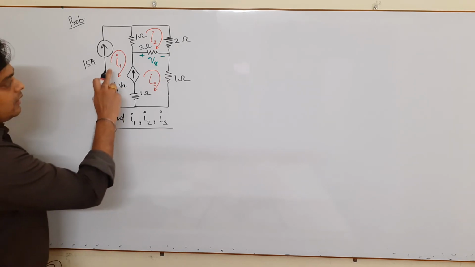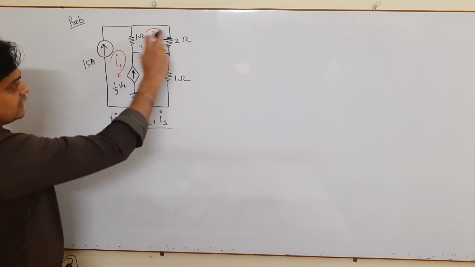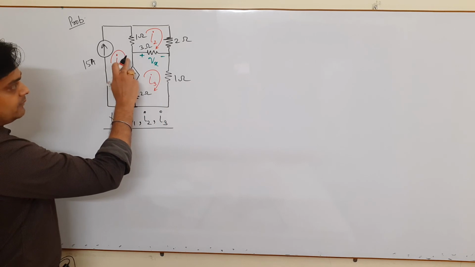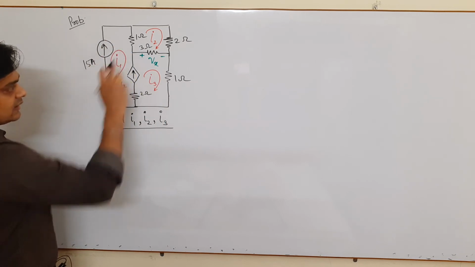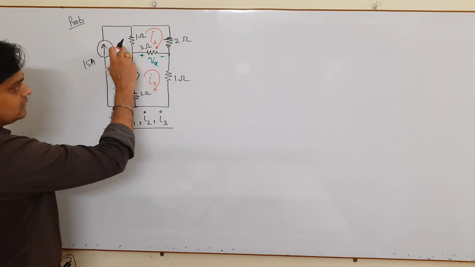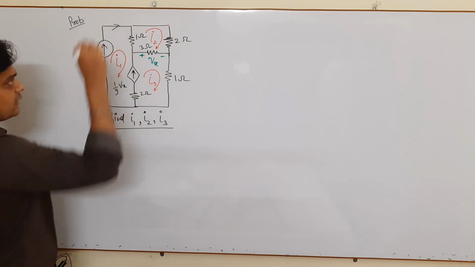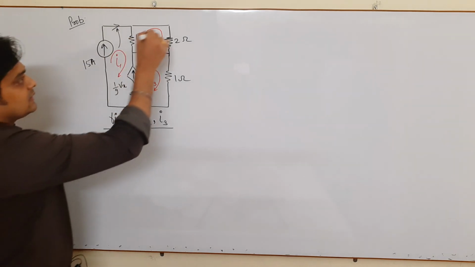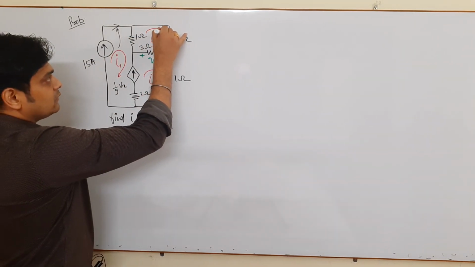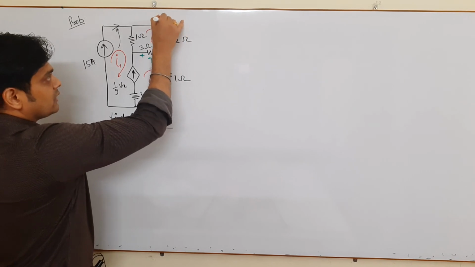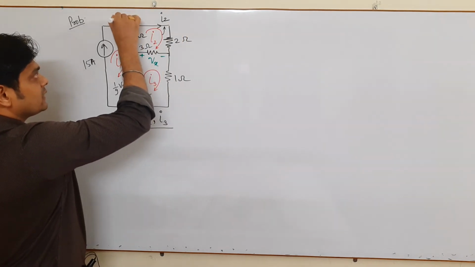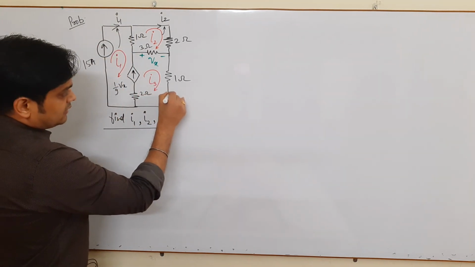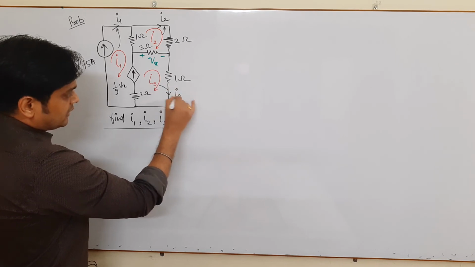Now see, I have taken these I1, I2, I3. These are the three currents which are the loop currents. I have shown this in red color. What does it mean? This I1 is flowing in this circuit. It means this is the current which is flowing here. Very important thing. Similarly, when you are talking about I2, this is the current which is flowing here. So I can write here it is I2, and here it is I1. When you talk about this current I3, you can say this is the current which is flowing here, and I call it I3.